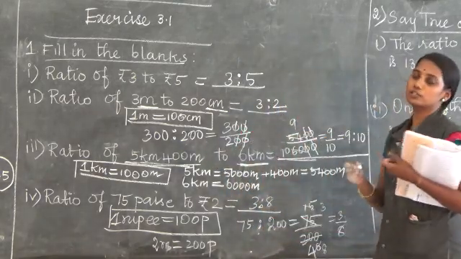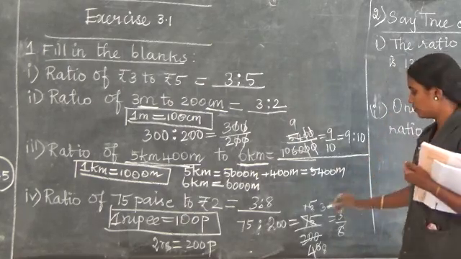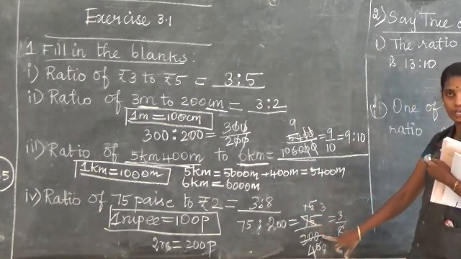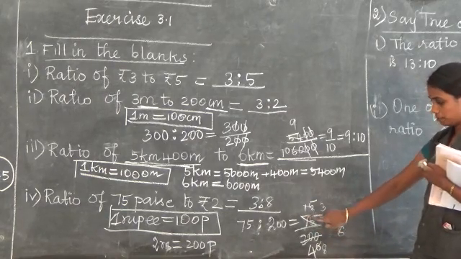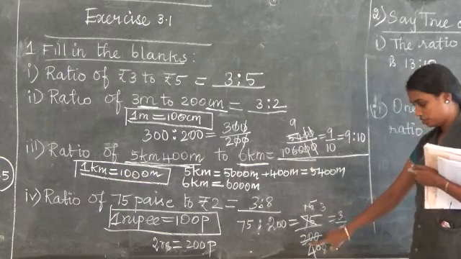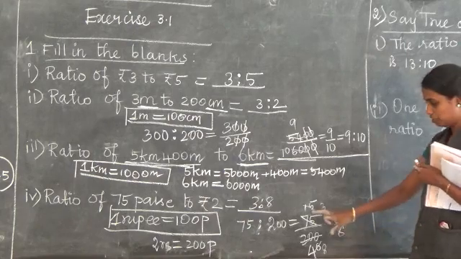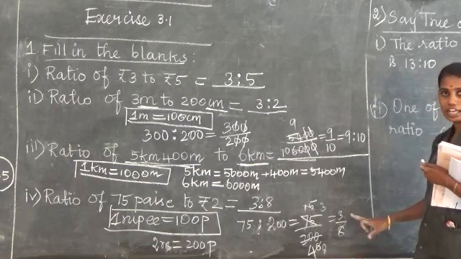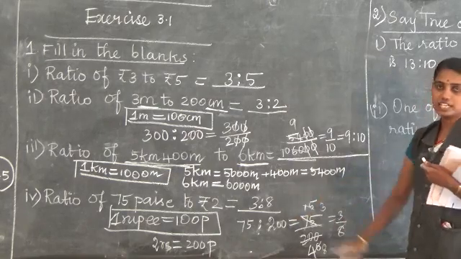When you cancel, do it properly. You know the 5 table very well, even so you may make a mistake. So whenever you do the cancellation, check once again. So I am going to check once again. 75 divided by 200. 5 table. 5 ones are 5. Remainder 2. So it becomes 25. 25, 5 times. Next 20, 4 times. 0 I have written as it is. Next again I cancel by the 5 table. 5 3s are 15. 5 8s are 40. 3 and 8 we cannot cancel by any table. Yes or no? So the answer is 3 is to 8.